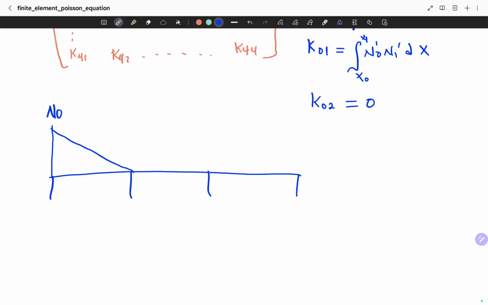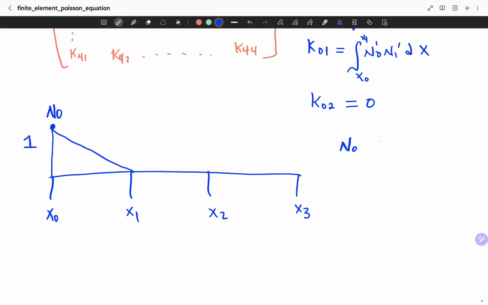You can call this line. So let's assume this has a width of 1. This is x0, x1, x2, x3. So n0 exists between